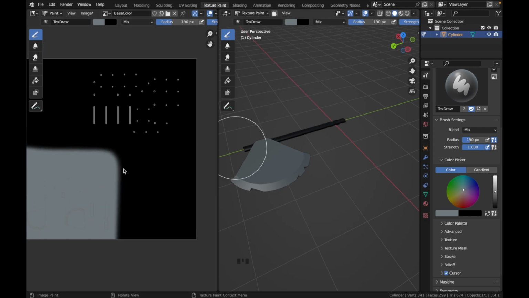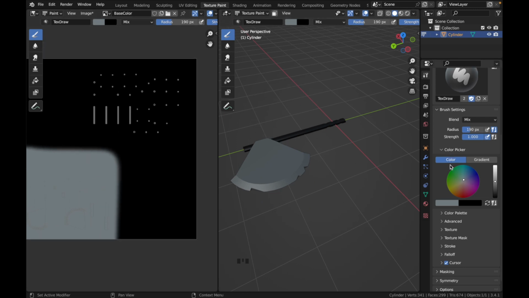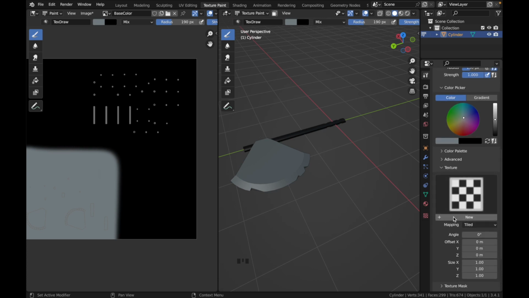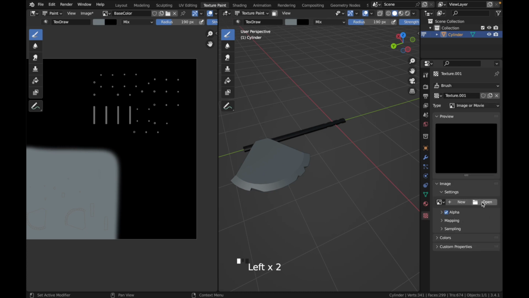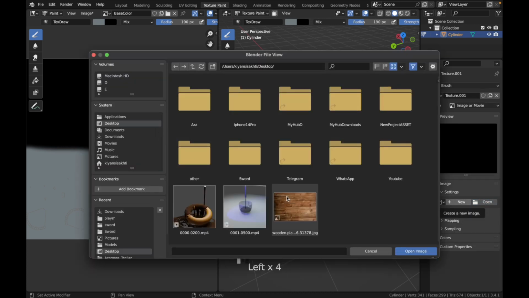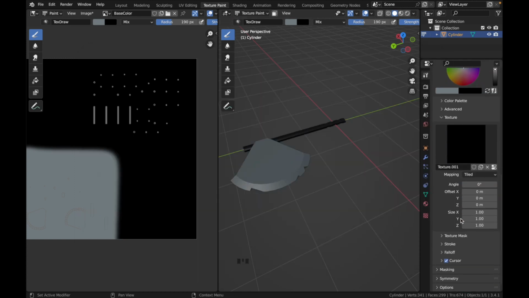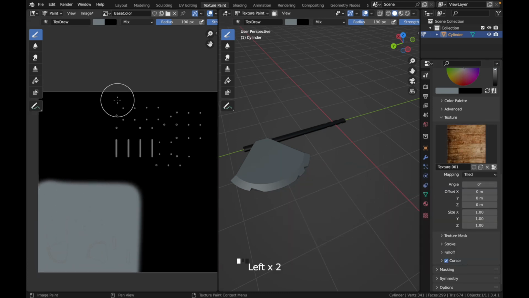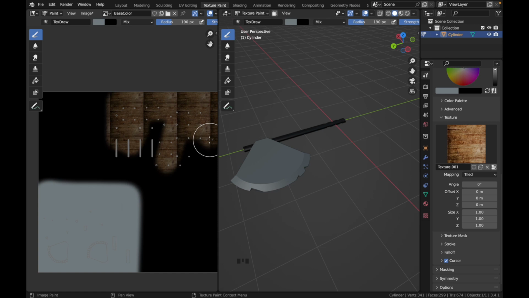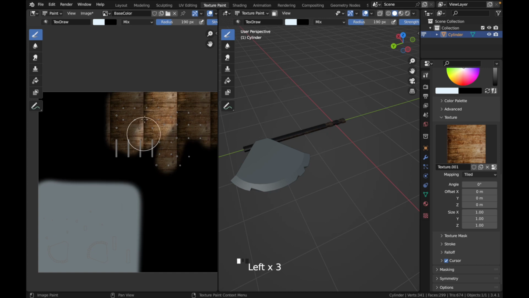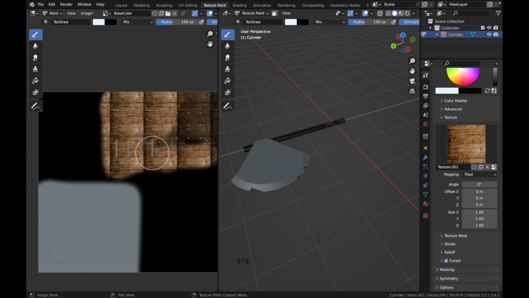and for its handle, download the wooden texture from internet and go here, new, go to its setting and open. I have one of them on my desktop. Open it, and now you have wooden texture, and colorize your handle area with wooden texture and make sure that it's on white, yes, for better coloring,